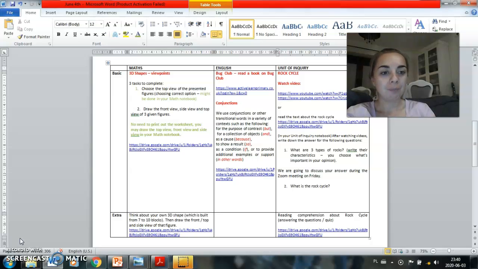So for today, I would like to start with maths. We continue 3D shapes and the viewpoints: top view, front view, and the side view for today. So the first task